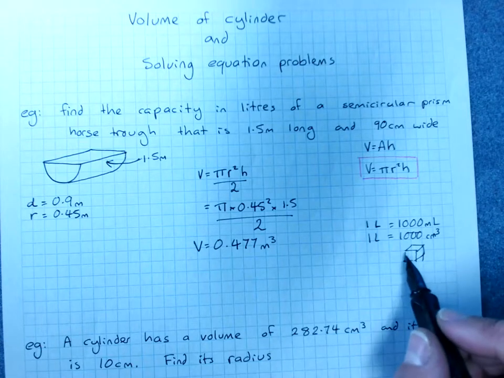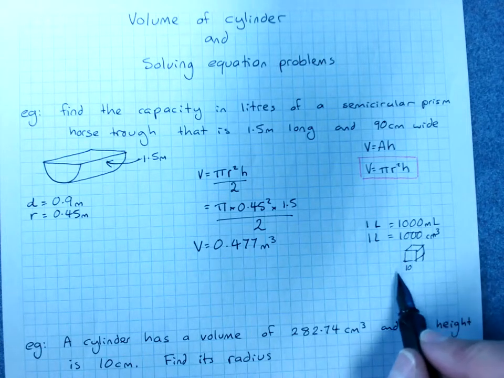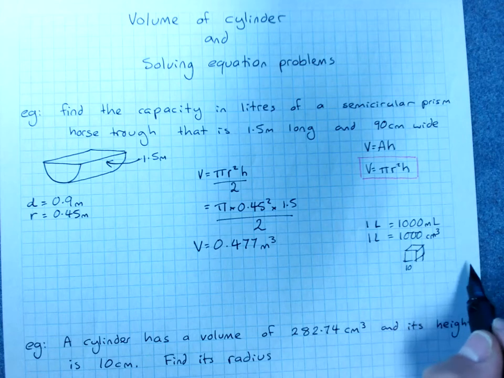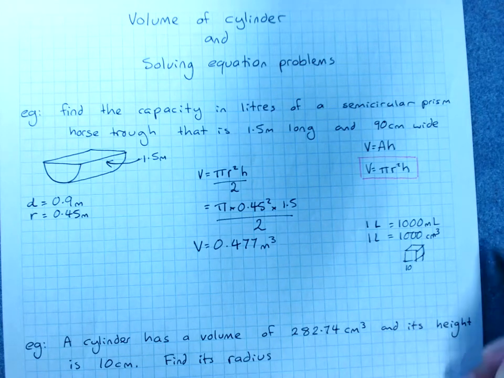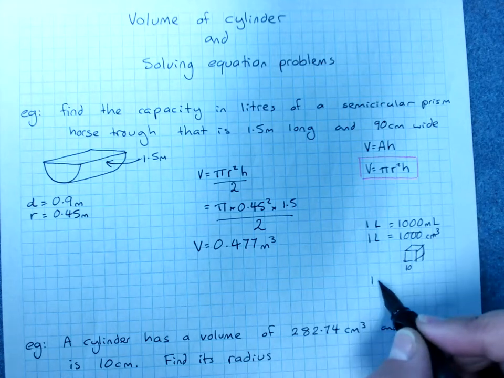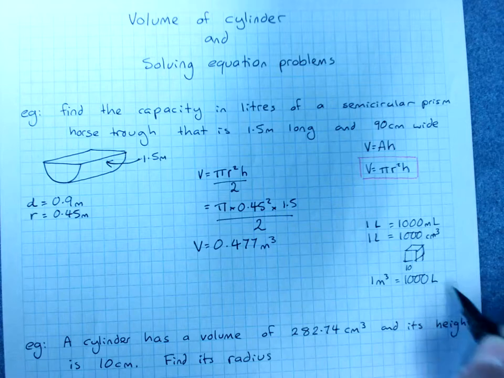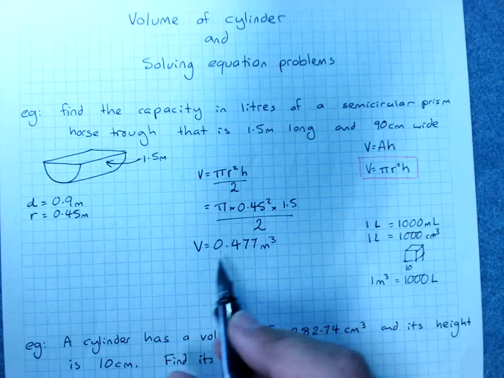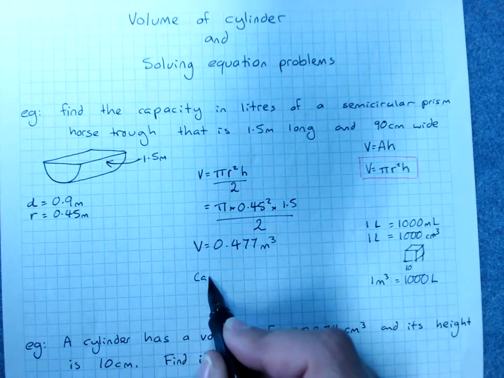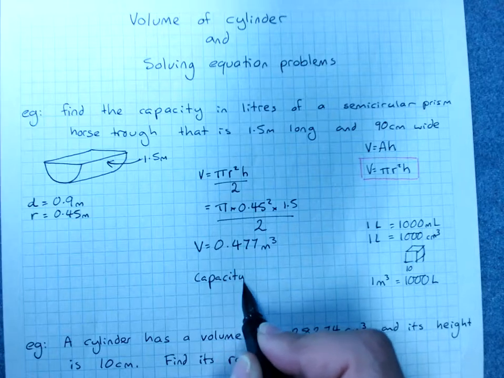And you can work out how many of those would fit into 1 metre cubed: 10 of them along the base, 10 of them along the back, 10 of them up the side. Basically, 1 metre cubed is 1,000 litres. So multiply by 1,000, the capacity is